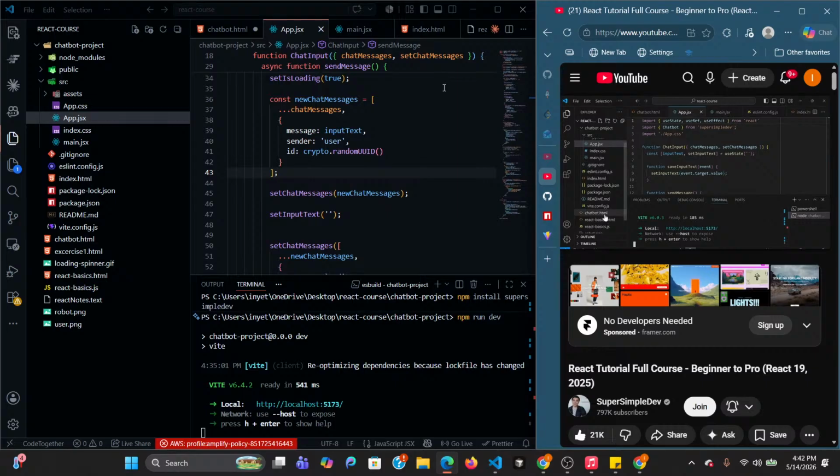And the big advantage of this setup is we can separate our code into different files instead of combining everything into one file like we had before. Right now, we already separated our code a bit. We separated the app component into app.jsx, and we separated the code that sets up React into main.jsx. Now, we're going to separate our code even more. So inside app.jsx,